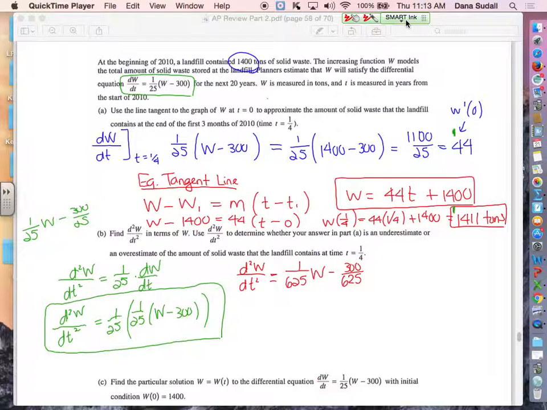And then if you plug in your values, if I set this equal to 0 and find a critical value for this thing here, let's see. Well, I don't even have to work that hard because I already know the value for W. Let me go back here to not simplify. So if I left this as 1/25 W minus 300, if I take out that W and replace it with that value that we came up with in part A, which was 1411,